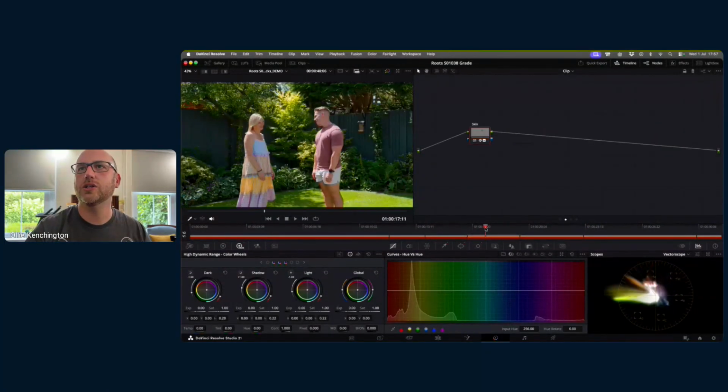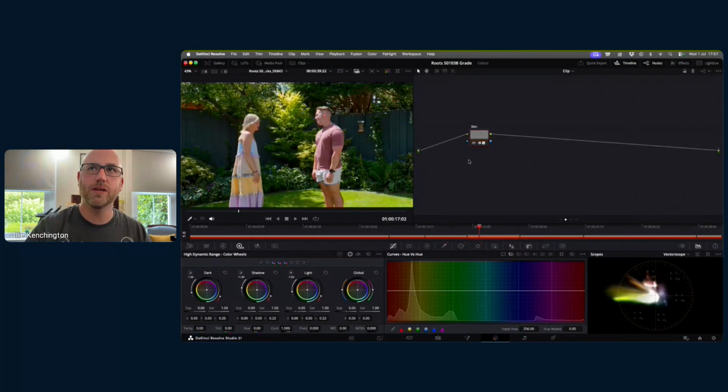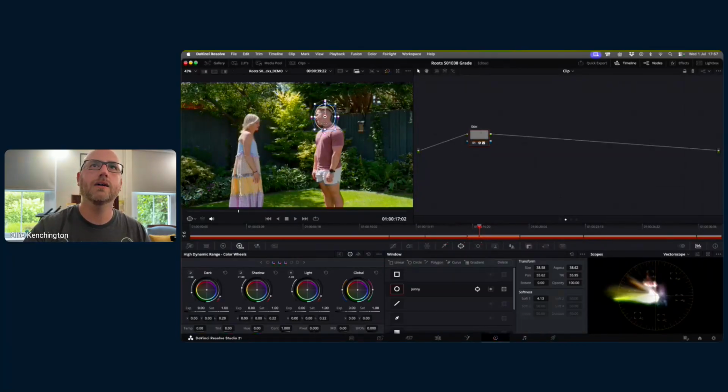Now, if you look at each shot, you'll see actually on these ones, all I've done for this shot beyond the chart balance is I've just done a little bit of work on Johnny's skin tones. It was so hot that his skin was reading quite pink, because the blood comes to the surface when you're hot, when you're sweating. So I've just done him a bit of a favor here, and I've brought his skin tone around a bit so it's less pink. That's the only thing I've done beyond that